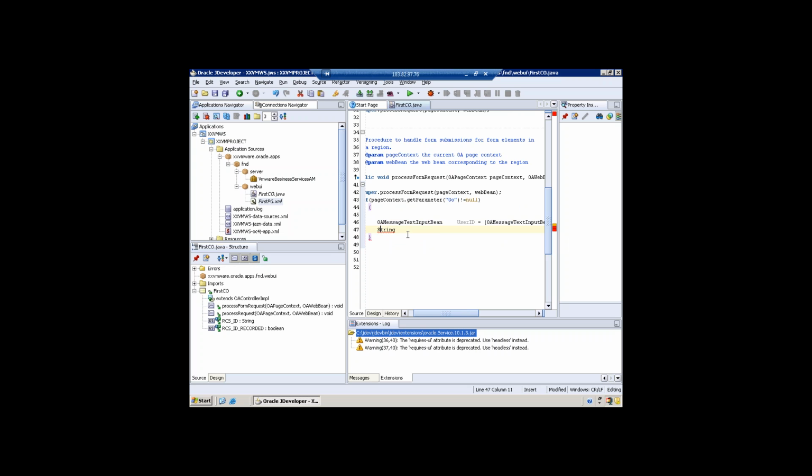String variable. Username is equal to. Username or ID? You can declare any variable name. It's a normal programming practice, right? You can have any name there. Is equal to